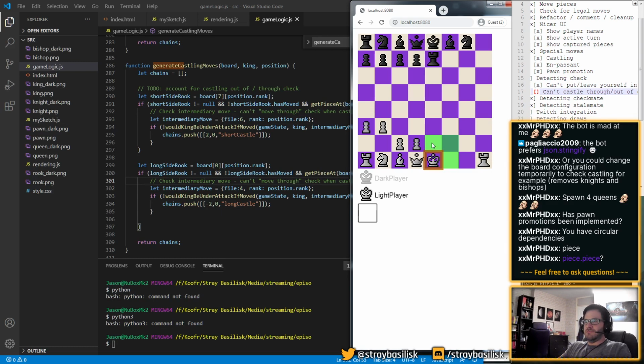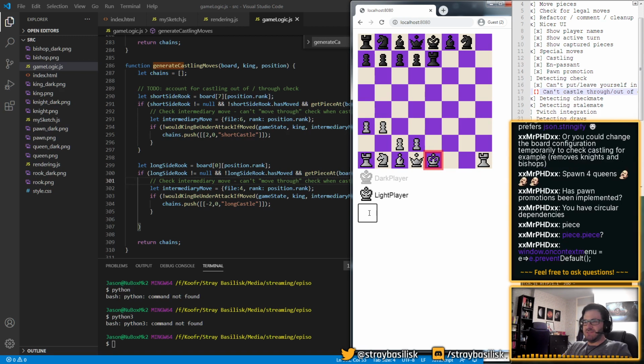That makes sense, right? Yeah, he can no longer... Oh, that's no good. But that's going to get blocked out by check. Okay, so that thing is not filtering out stuff which is blocked by check, which is kind of okay.